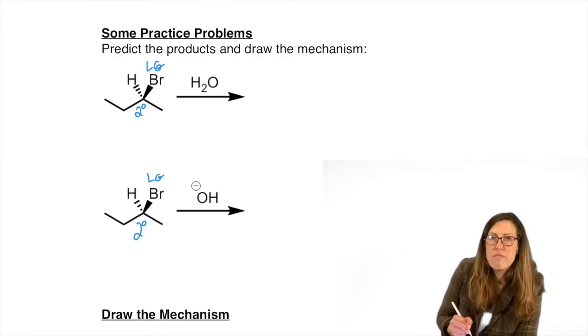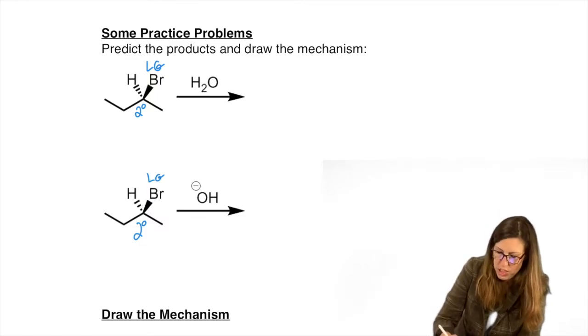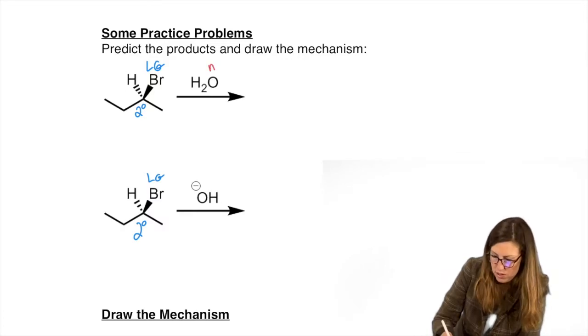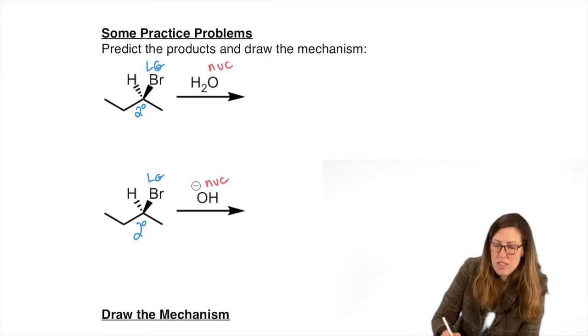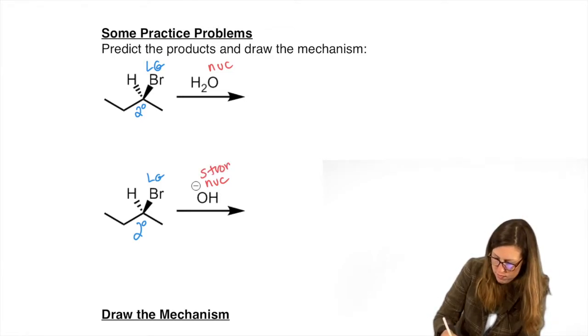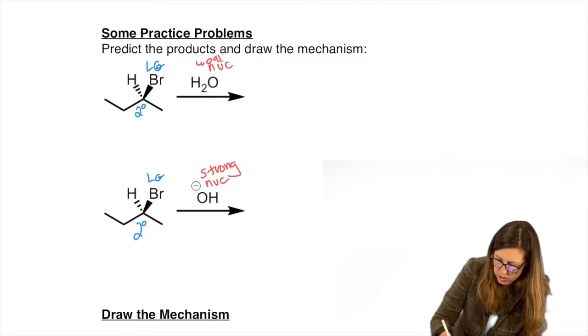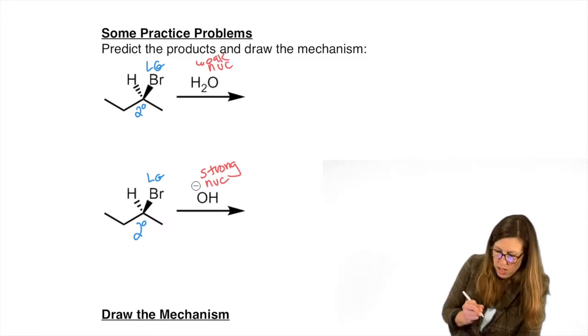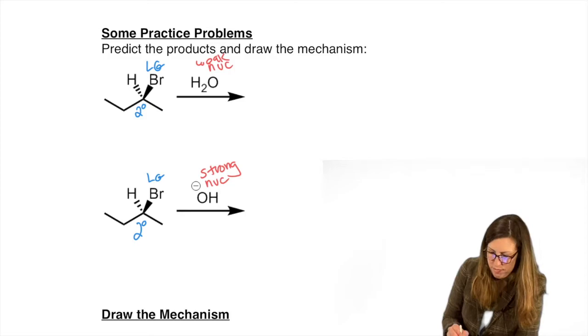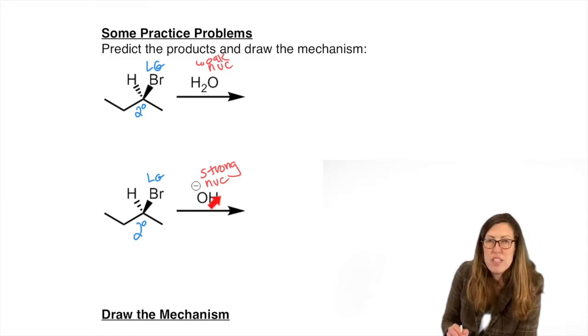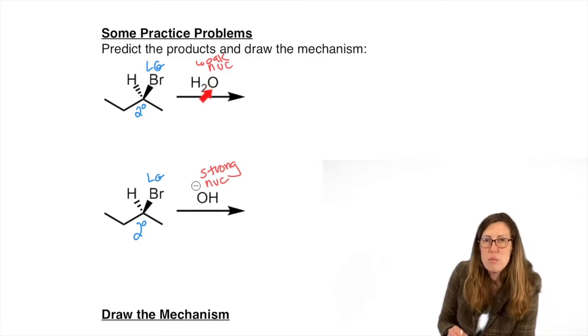Look over the arrow. Solvents are not really overtly stated unless it's actually also water, in which case it could be solvolysis. But we have to find our nucleophile. Here's our nucleophile. Which one's stronger? Clearly the hydroxide, right? Water is actually considered a weak nucleophile. That's the only difference here. What's over the arrow? Sometimes that's all you need to see. Strong nucleophile means SN2, provided the substrate will allow it. Weak nucleophile means SN1.